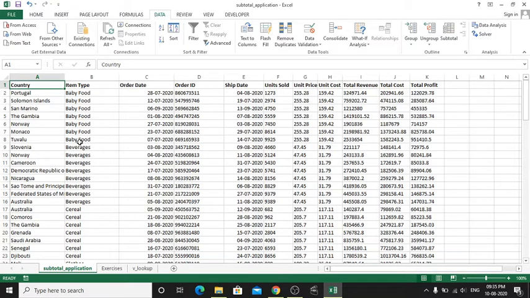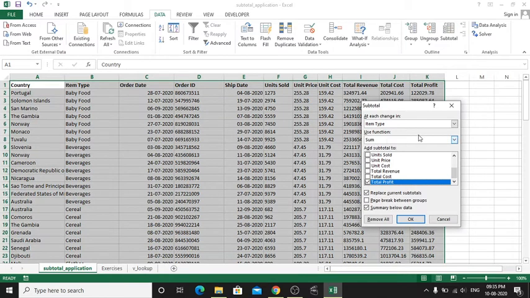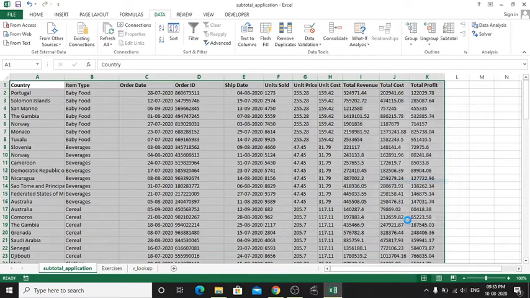Now we can apply the subtotal function. So move on to the Subtotal option from the Data menu itself. Based on item type, find the sum of total profit, check that these two options are checked, and click OK.